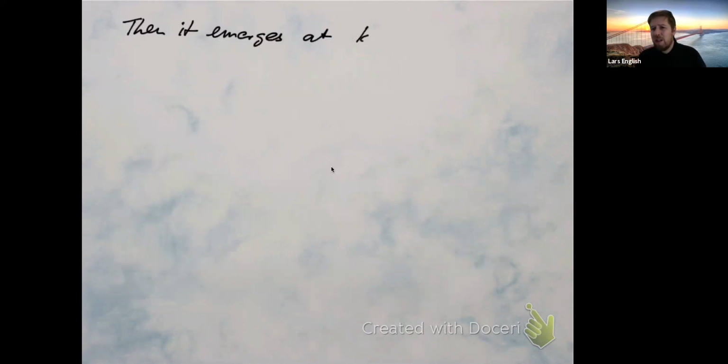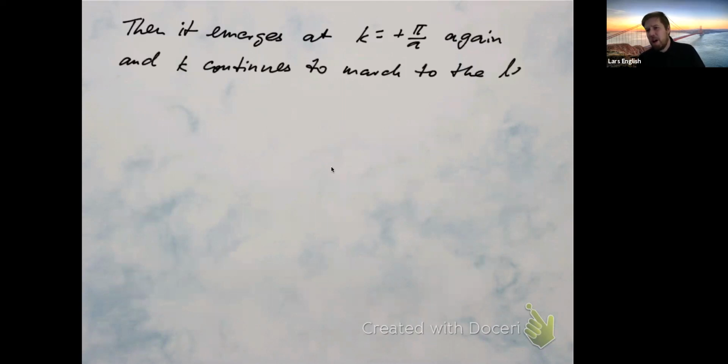Well, you probably guessed it, it emerges at k equal to plus pi over a, because we can shift things back into the reduced zone, right? And so it emerges back at k equal to plus pi over a, where it would actually have a zero velocity momentarily, but then we move further to the left and all of a sudden it has a positive real velocity, okay? So